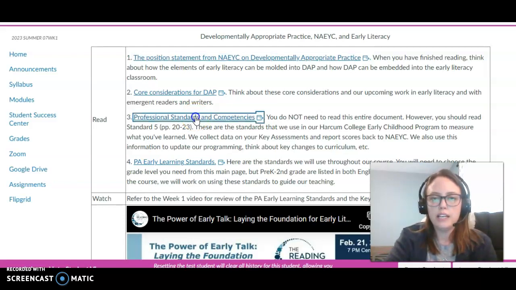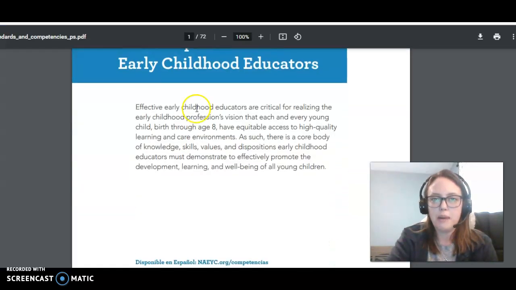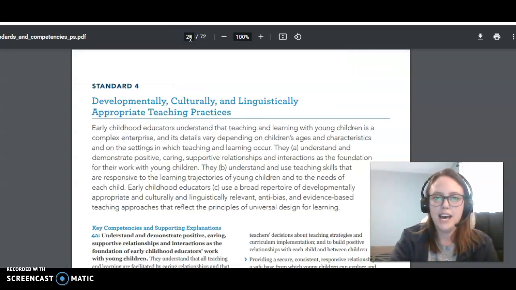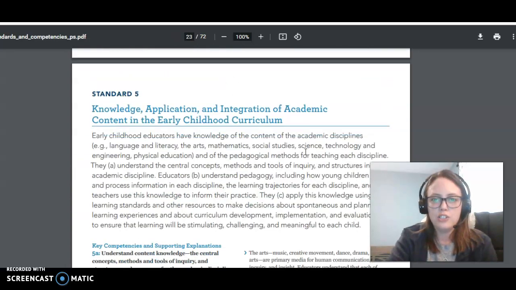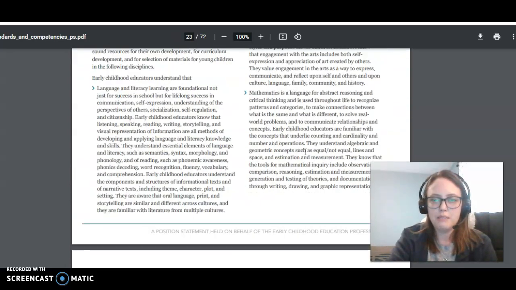When you click this, it will open up to the entire packet, and you can see up here 72 pages. I do not want you to read all 72 pages. Instead, I want you to go to where it says in the document that it's page 23